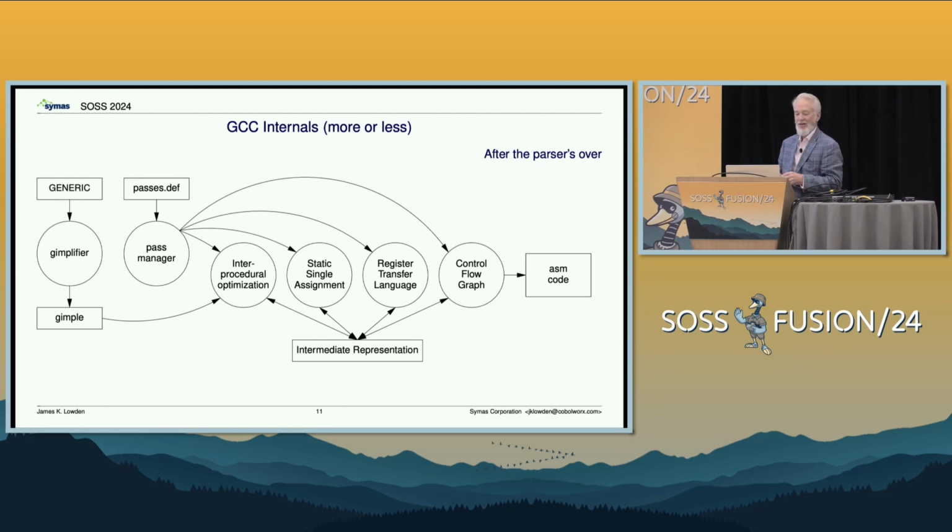So it's gimplified, and then it passes through upwards of 100 passes to convert it from that internal tree, that internal language, into various simpler and simpler things until I think the control flow graph system produces the assembler code.